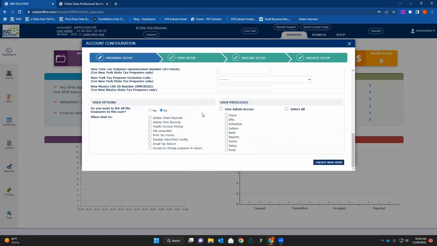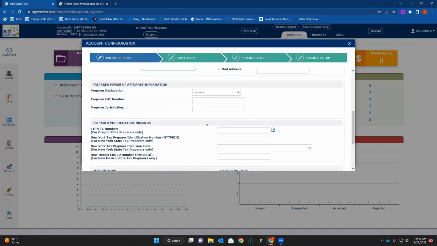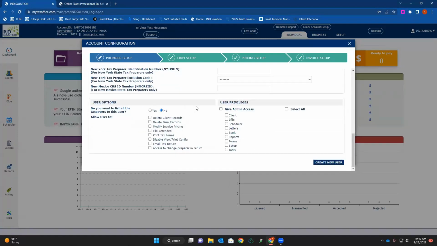As we go down to the bottom, some of these other things are things that you can fill in as you need them. If you've got power of attorney information, if you've got PIN signature numbers for those particular states. As we get down into the bottom, this is where we get into user options and user privileges. Now, user options are ways you can restrict what a preparer is doing. For example,